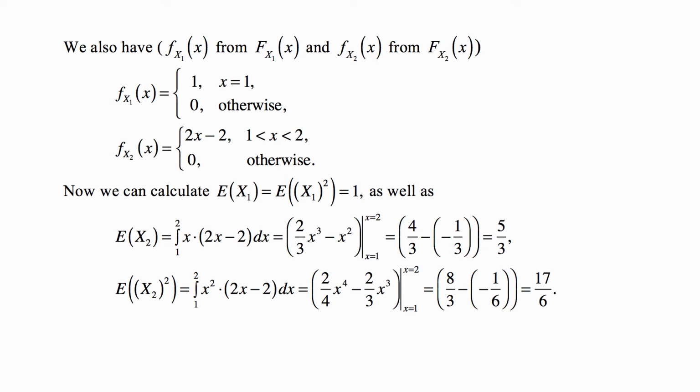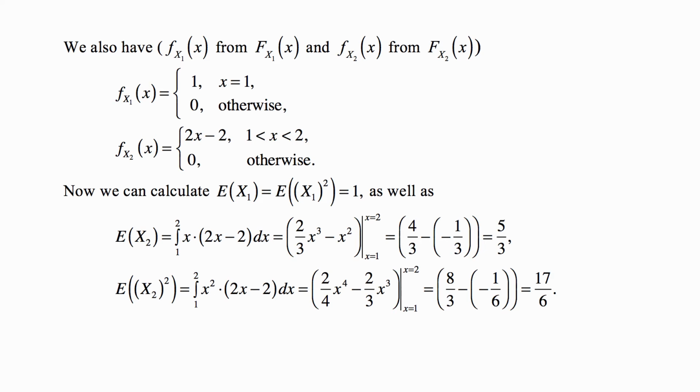And of course we immediately see that E of X1 is the same as E of X1 squared, and it's 1, and E of X2 is the integral from 1 to 2 of x times (2x minus 2), and that comes out to be 2/3 x cubed minus x squared evaluated from 1 to 2. So it's 4/3 minus negative 1/3, so it's 5/3. And E of X2 squared is the integral from 1 to 2 of x squared times (2x minus 2), so it's 2/4 x to the 4th minus 2/3 x cubed evaluated from 1 to 2, and that's 8/3 minus negative 1/6, so